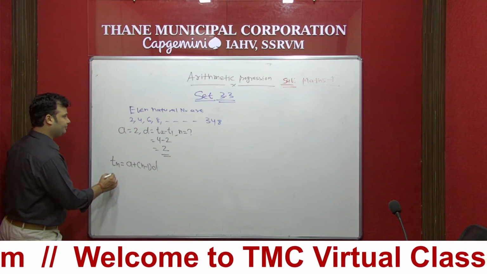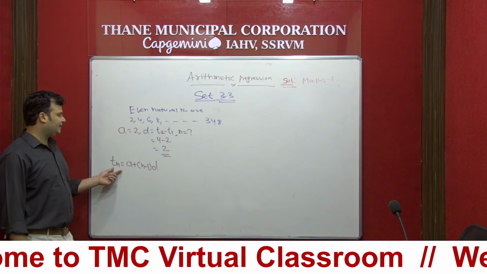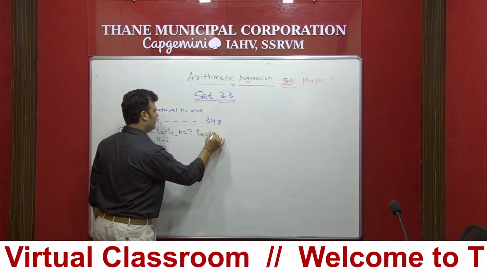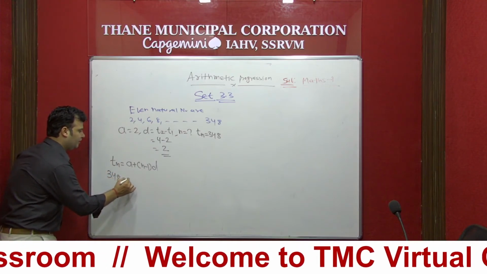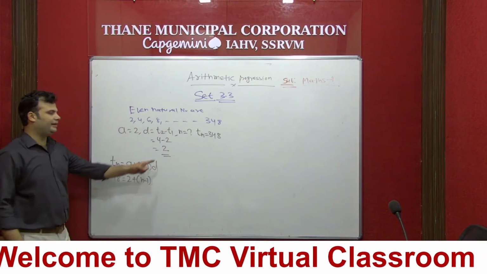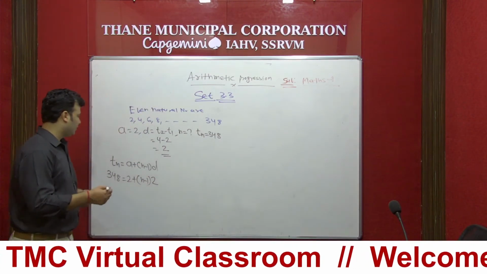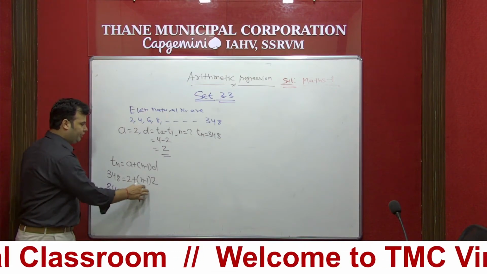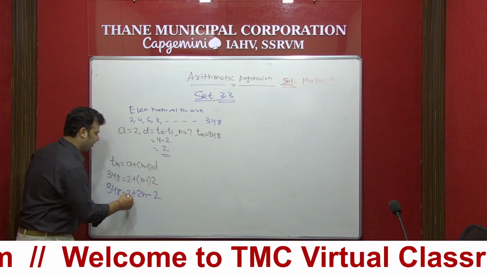So Tn we have to find. So in this part Tn, the last term, is given 348. So in place of Tn we can put 348 equal to a plus, what is a here? 2, plus n we have to find, d is given 2. So in place of d we can put 2. Now we have to solve this sum. 348 equal to 2 plus, now you can multiply 2 into n, that is 2n, plus into minus, minus 2, so plus 2 minus 2 get cancel.